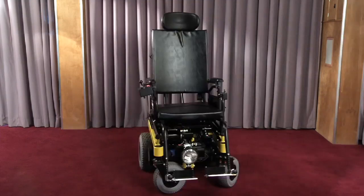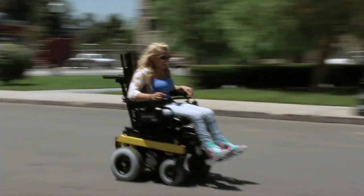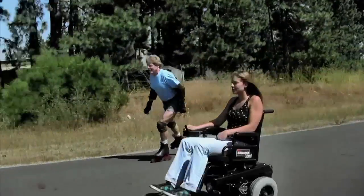21st Century Scientific. We're located in Coeur d'Alene, Idaho, and this is our Bounder Plus power wheelchair. We have one of the fastest chairs on the market with a top speed of 11.6 miles an hour, and it's also one of the most durable chairs on the market, so it's an ideal chair for your active and